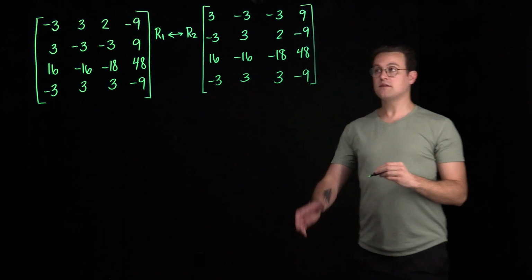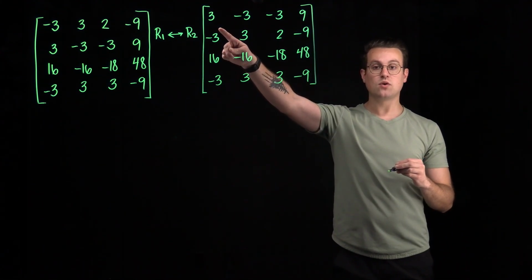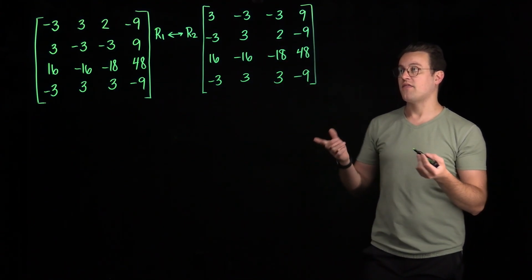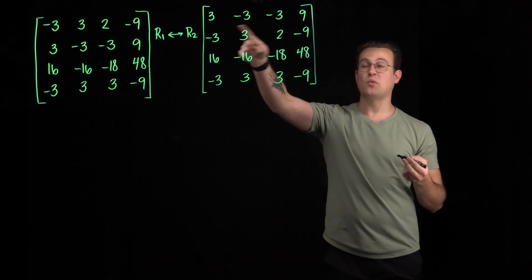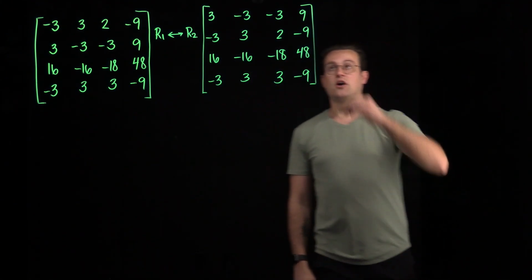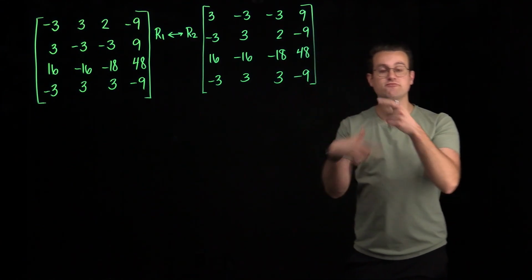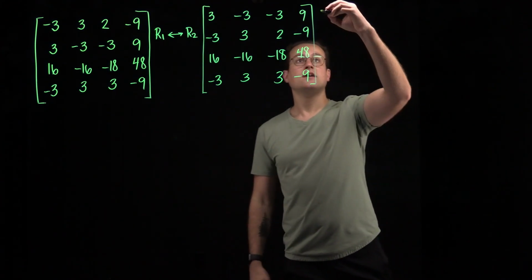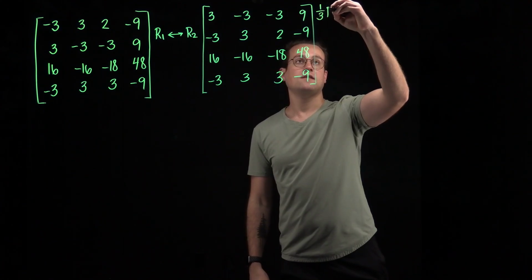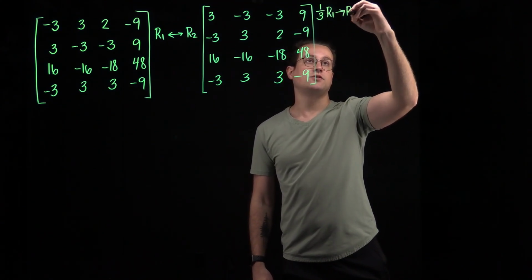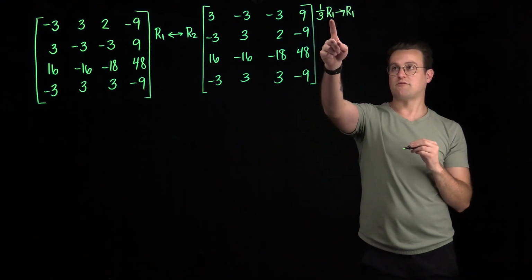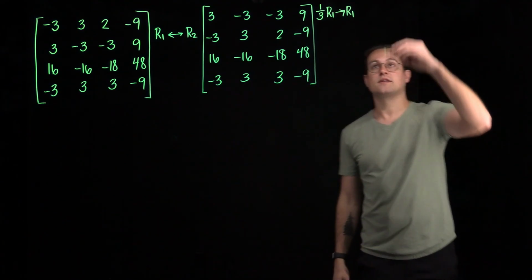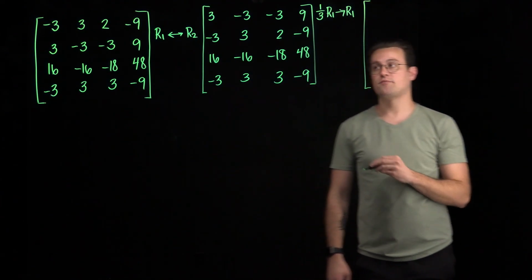Okay, so now I'm better positioned to get a 1 in the upper left corner because I can divide everything by 3, or really just multiply by 1/3, and that will turn this into a 1, and it won't introduce any fractions. So my next row operation, and I usually write them next to the row I'm changing to help me keep track of everything. So I'll say 1/3 row 1 is going into row 1. So this is the row operation we're doing, and then the arrow says I'm replacing into row 1.